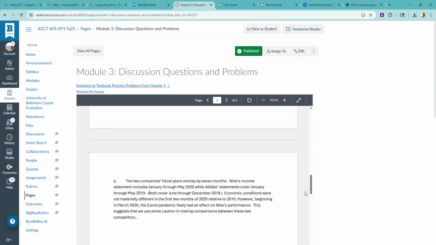So the question E asks, Nike's fiscal year ends on May 31st, 2020. Adidas' fiscal year ends on December 31st, 2019. The difference of 5 months. How does the difference affect your analysis of ROE and ROA for these two companies? So overall, this kind of difference in fiscal year becomes more important. You want to compare apples to apples. It becomes more like a pricing of companies. But as the solution points out,